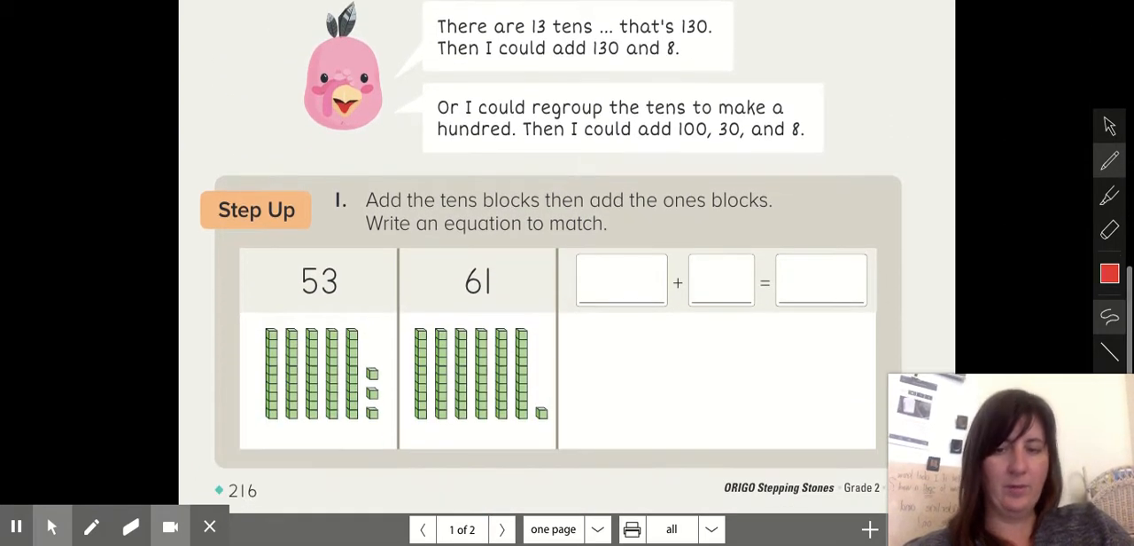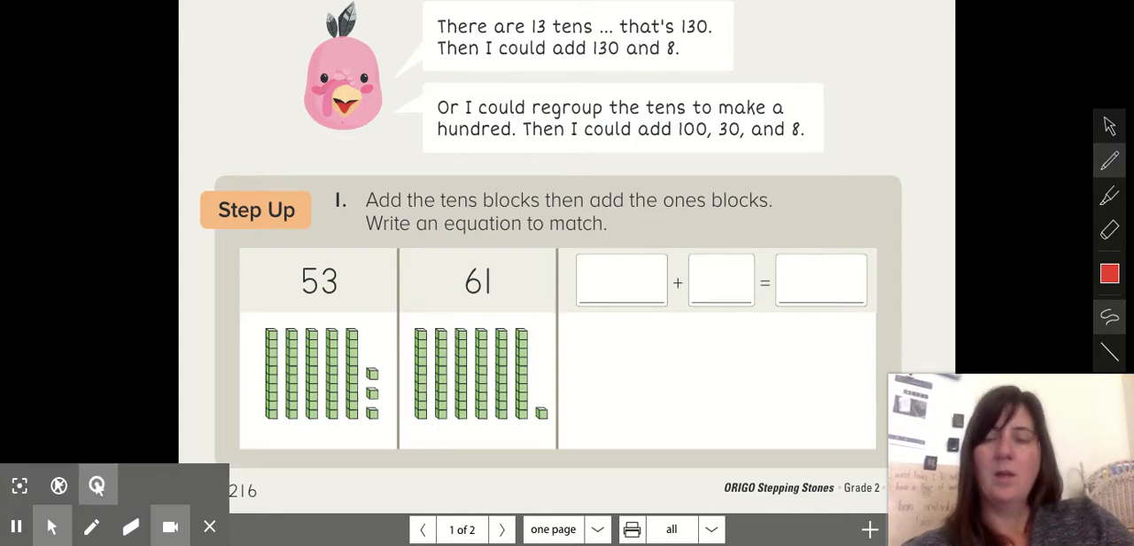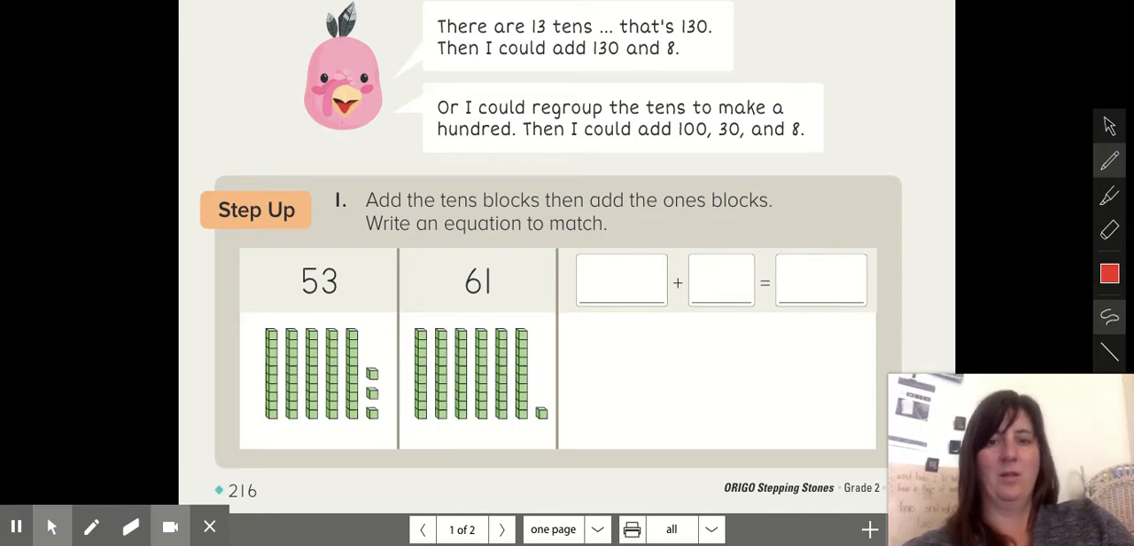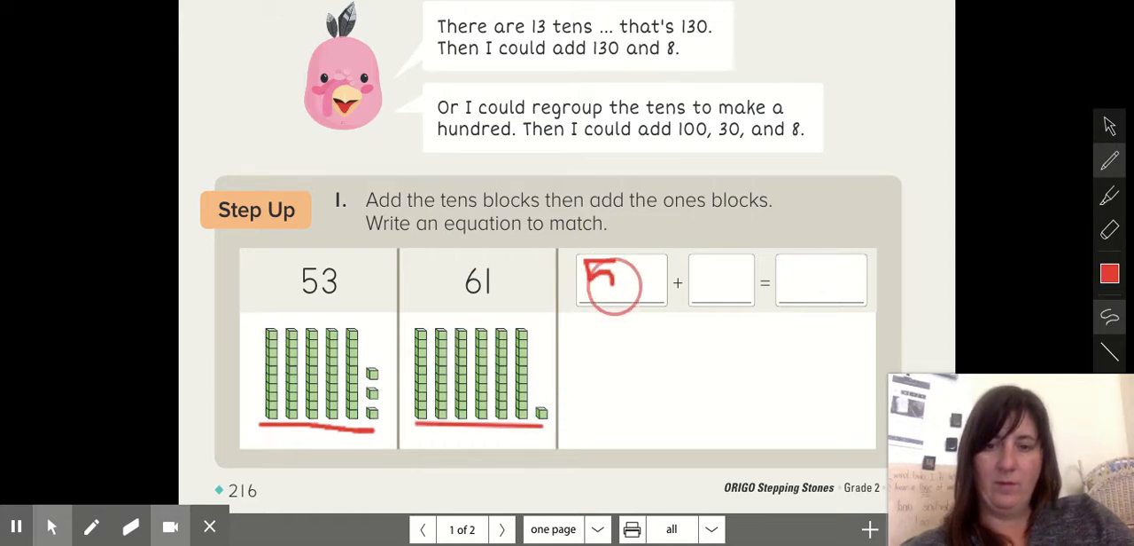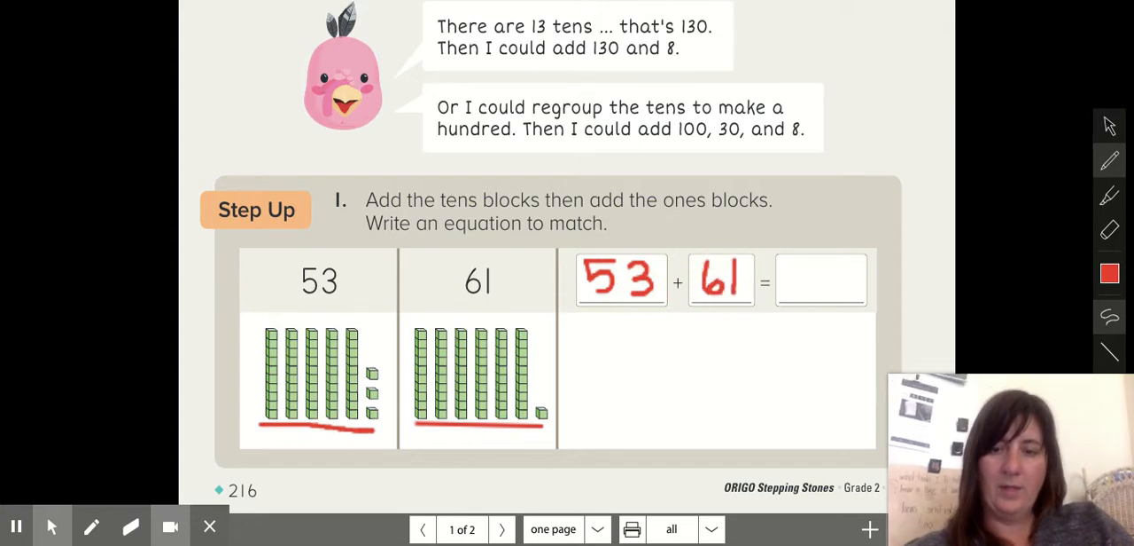For the step up, we're going to do the same thing. Add the tens blocks, then add the ones blocks, and write an equation to match. I'm going to show you 2 different ways to do this. We're going to do the tens and the ones, and then we're also going to stack them and use that traditional algorithm. So we have 53 represented here and 61 here. So we're going to put this equation 53 plus 61. And then we're going to draw those tens and ones again, but put the tens together and then